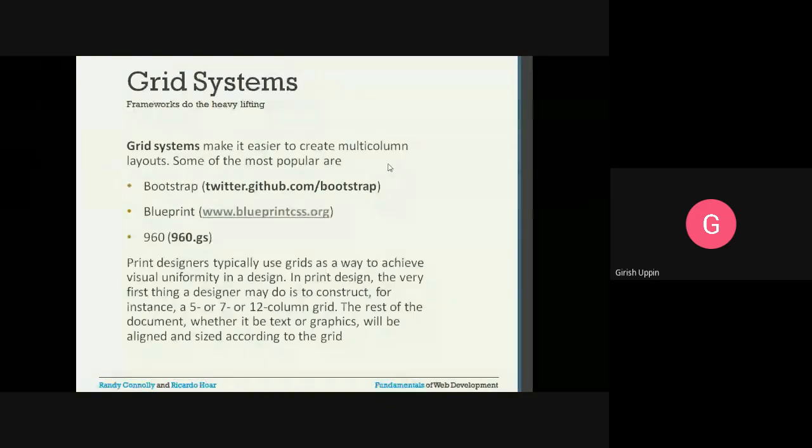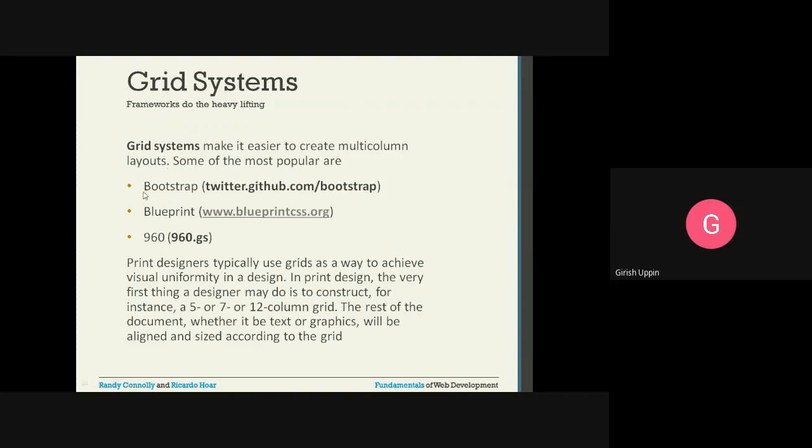We already saw with a few examples how we can create multiple columns using float or other techniques, using the margin-left and margin-right properties. These grid systems help us create multi-column layouts.